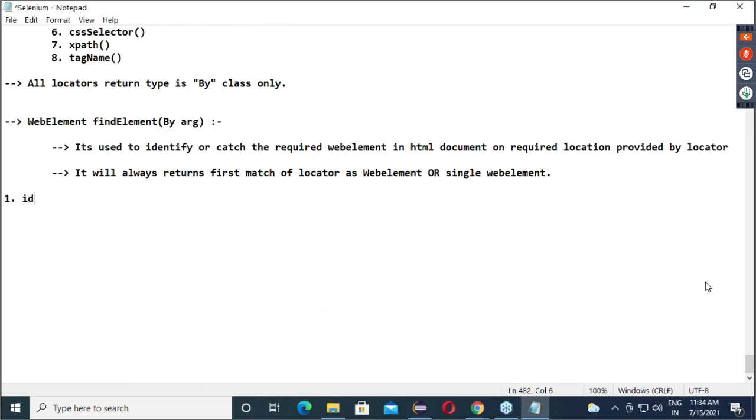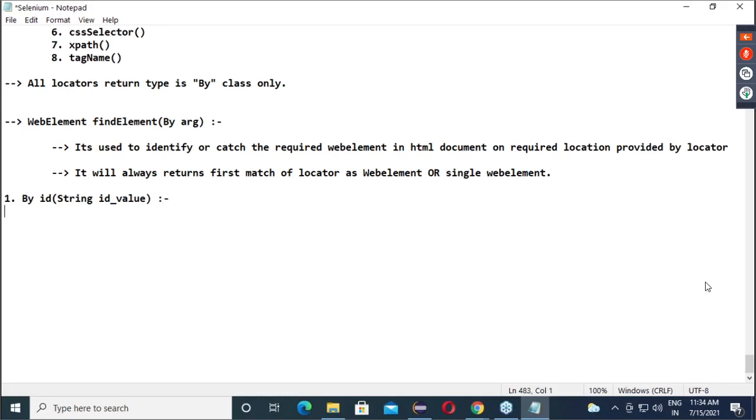So the first one is what? ID. Here we have to give a string ID value. What is the return type of the ID method? By class. The return type of all the locators is By.